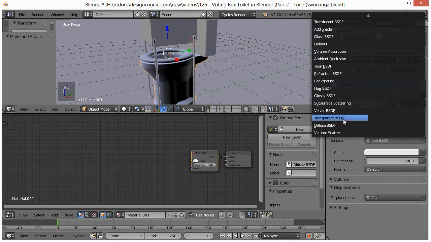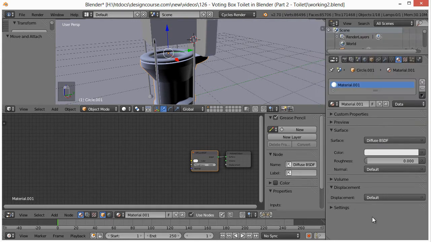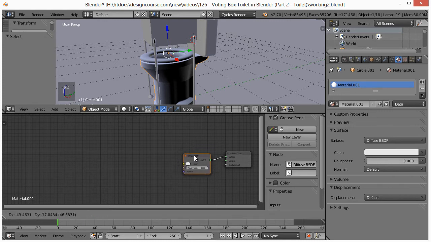There are all these different types of surfaces that we can apply. One popular one is called a mix shader, and a mix shader allows you to mix 2 different shaders together, and you can control which one is shown more versus the other one. So because very few things are perfectly glossy, we're going to add a mix shader, which will add a diffuse and a glossy shader together. So to sever this connection,